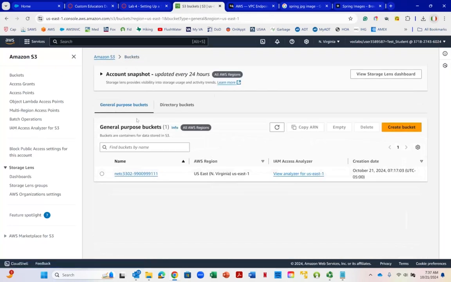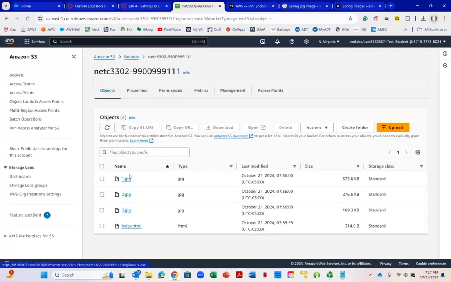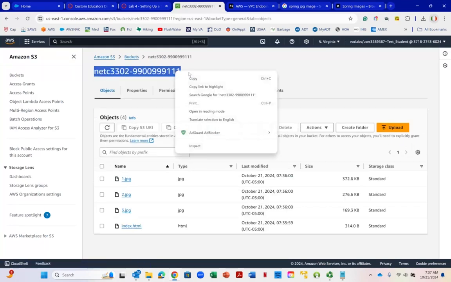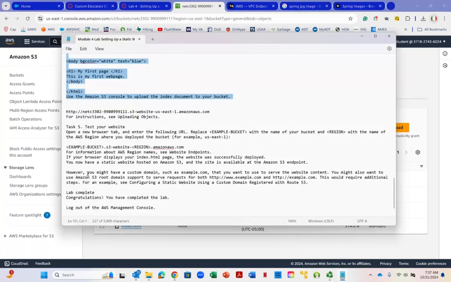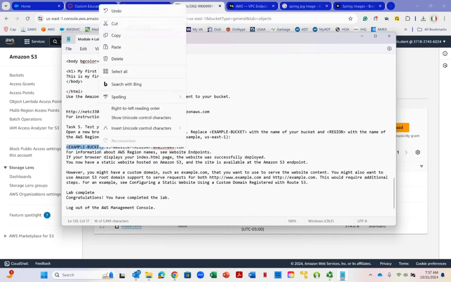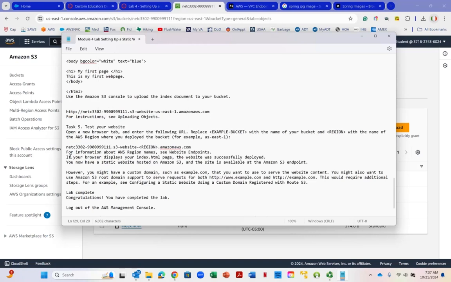We click on buckets. Here's our bucket name, right? Highlight it, go copy, and replace that with example bucket. Click paste. So it should read netc3302 dash followed by your fake banner ID dot s3 dot website, and